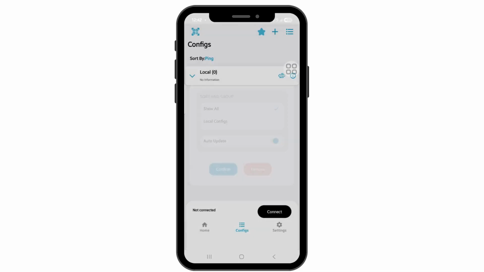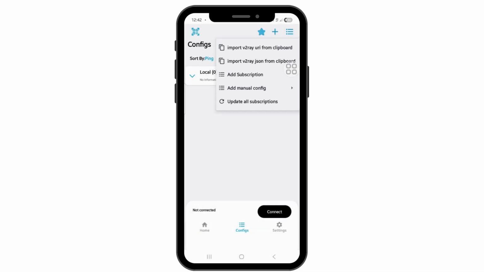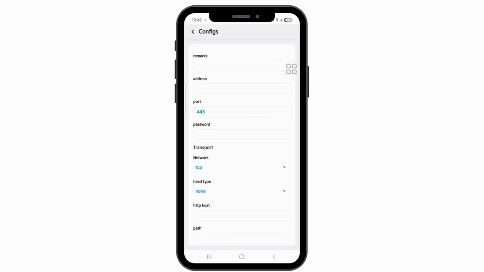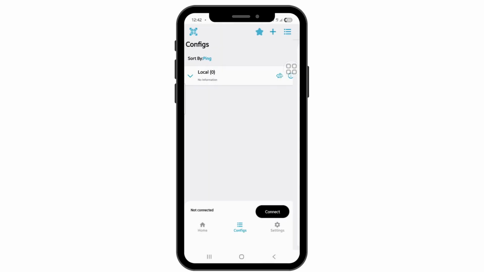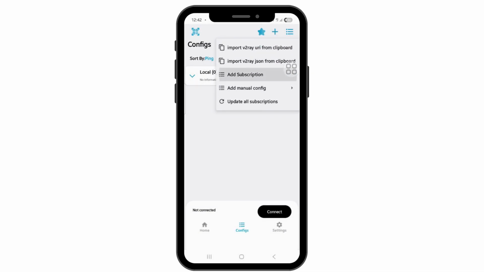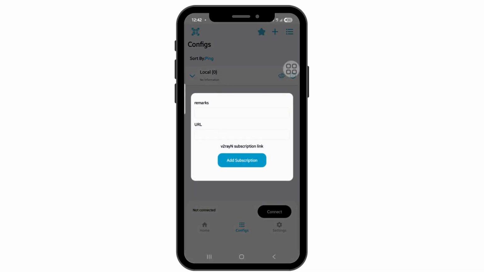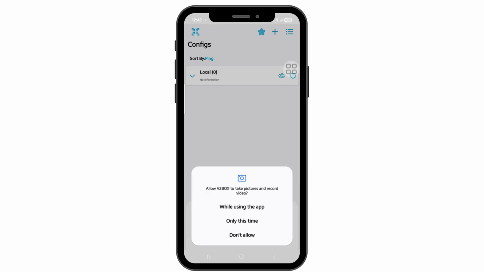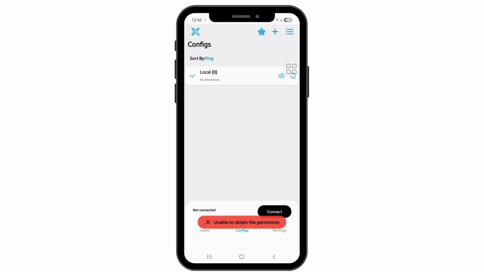You click on confirm, click on the plus sign to actually add a manual configuration. You can add your Trojan or any other, add the email, the remark, the address. So this is actually how to use it, and you can also add a subscription to it as well. You can just look for the remark, put the URL, and add the subscription to it. And you can also scan a QR code, or write it in. So this is actually how to set up the